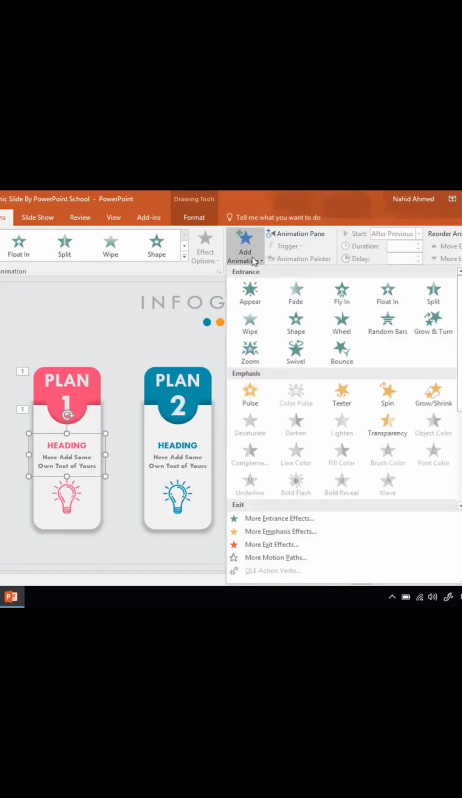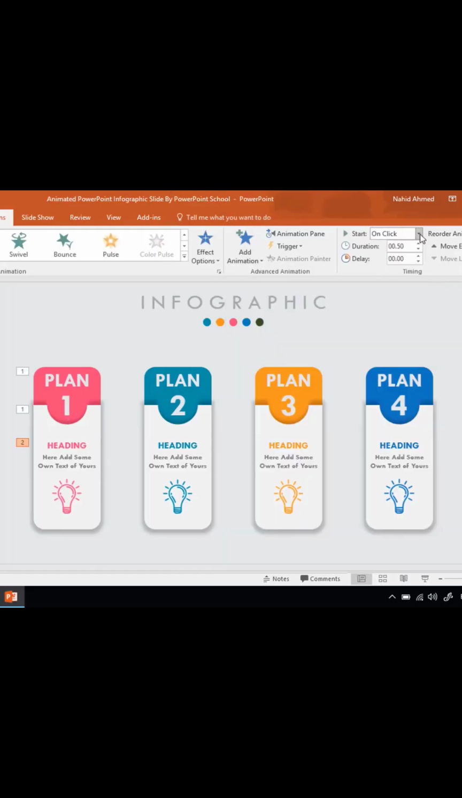Now select this text box, go to Add Animation, select Zoom, and set Start After Previous. Do the same for this icon, select Zoom, and set Start With Previous. Then we have to go for the next one, so select this shape, add Float In, set Start After Previous